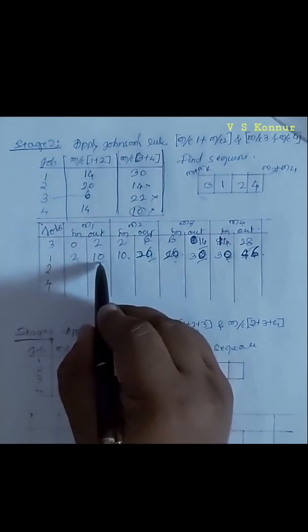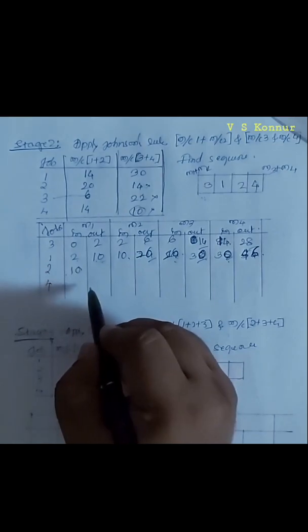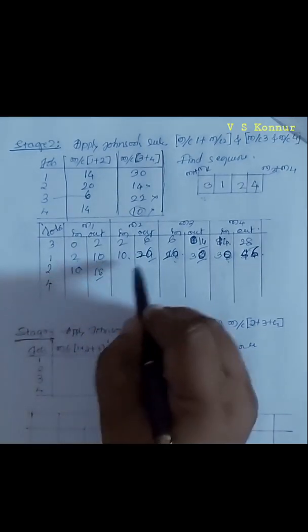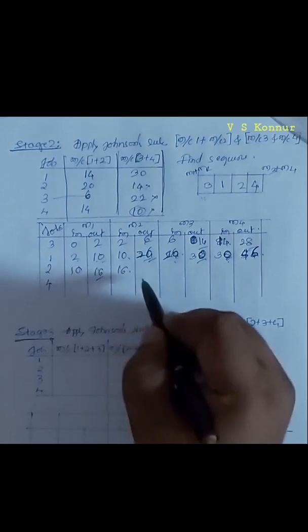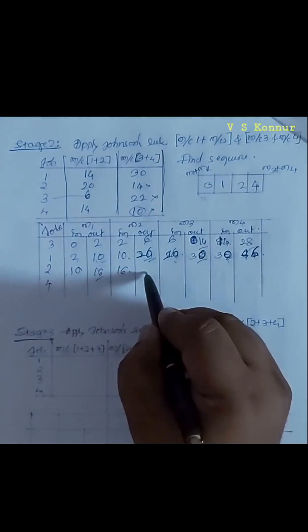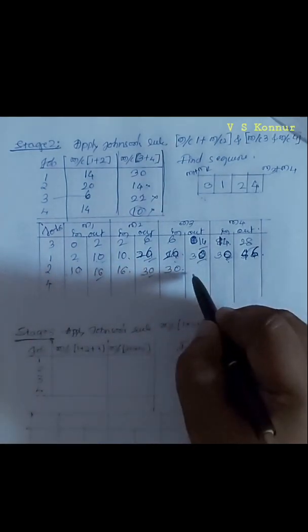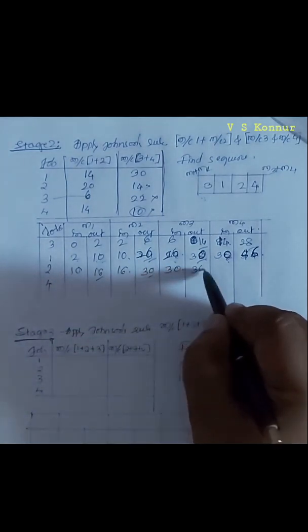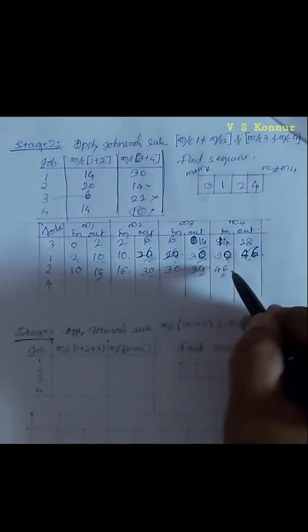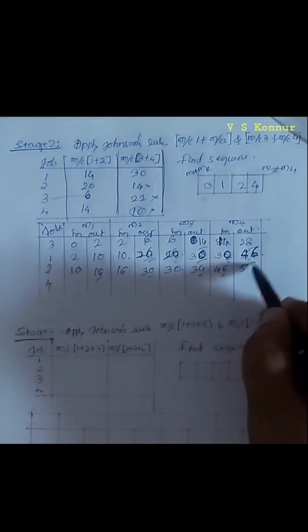Next, the second job is entering after the 10th hour. So the second job requires 6 hours to complete, 16 and 16, both are 16 here. Next, the second job at the second machine, 14 hours are required, 30. The second job at the third machine requires 4 hours to complete, 34, and 46 compared, 46 is maximum. And the second job requires 10 hours to complete, 56.